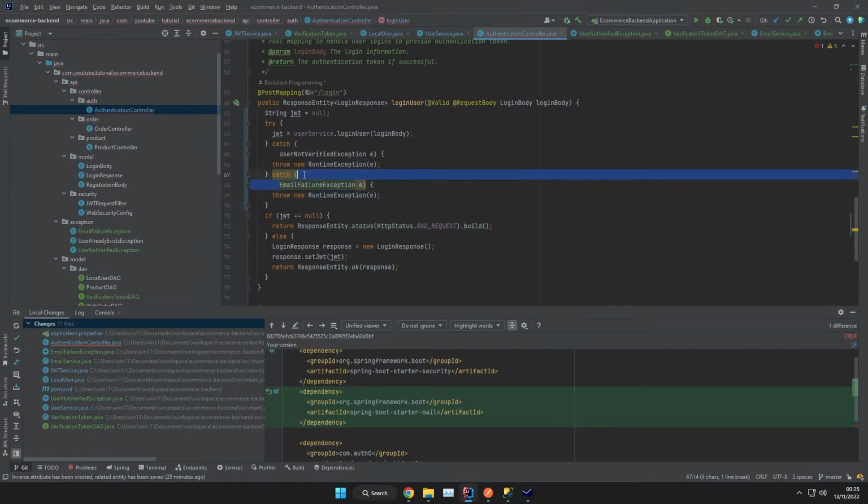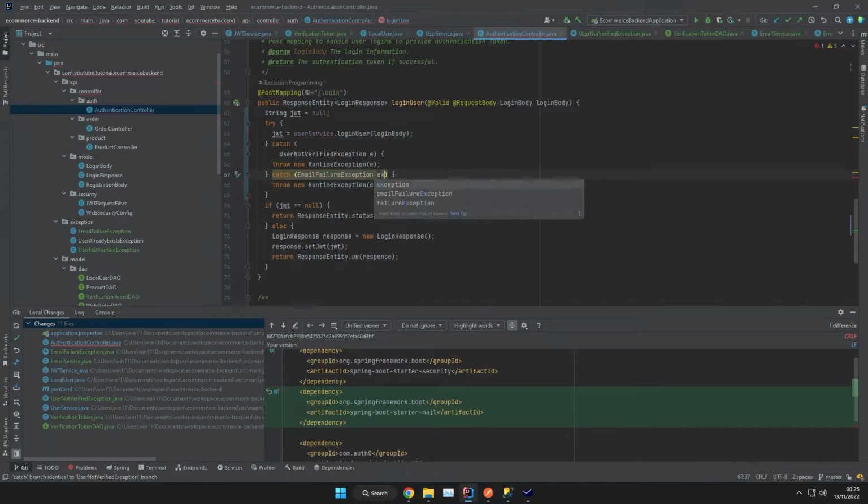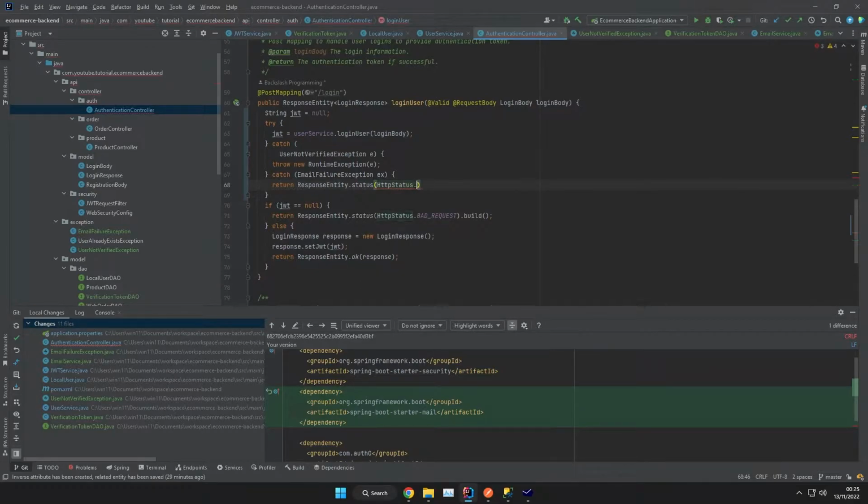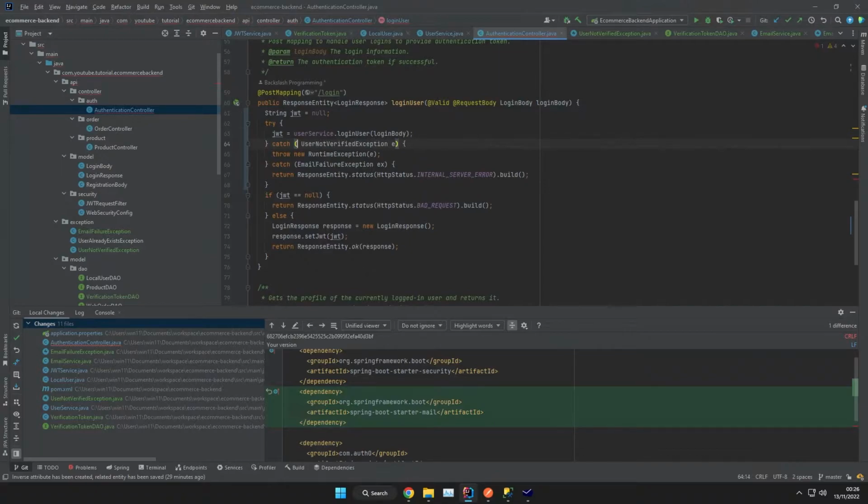So if the email failure exception appears, what we're going to do is we're actually going to return a response entity of status HTTP status internal server error, because it's not on the user, that one. That is just because for whatever reason we couldn't send the email. It's nothing to do with the user. And then in the case of the user not verified exception, we're going to return